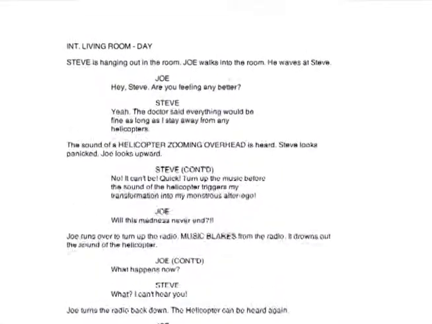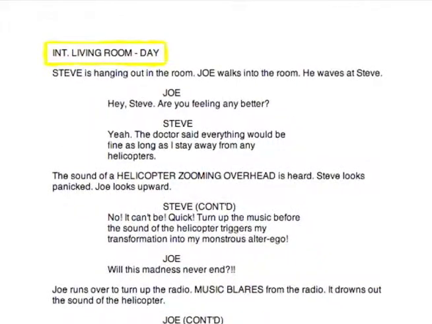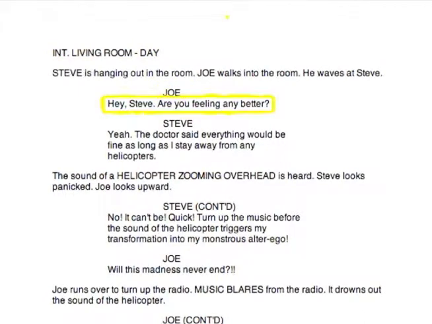Here is the slug line telling us that a new scene is beginning, where it takes place, and the time of day. Here the action is described. Joe walks in. He says hello. So we see his character name and then his line below. Steve replies. So we start a new line by indicating his character name, and then we put his dialogue below